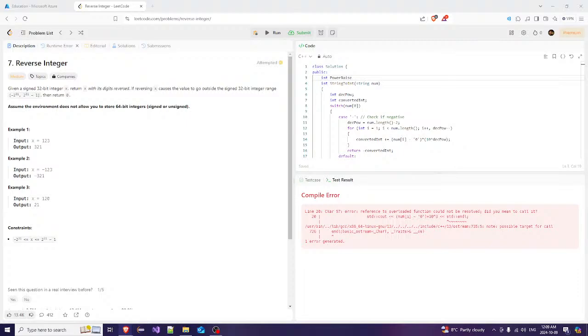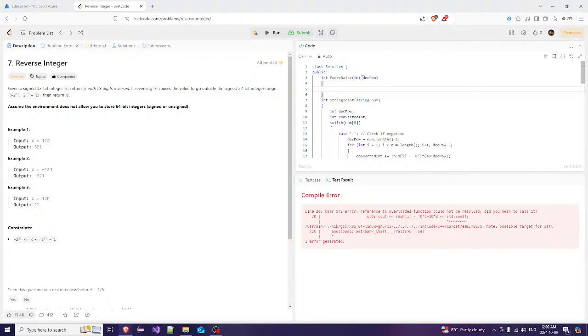So int power raise. Okay, let's call it that. So we're gonna have this, and it's gonna take into consideration a des power, obviously. Des power. I don't even know if that's the right term. I don't care. And then it's gonna do for int I is equal to 0, as long as I is less than, so 0, 1, 2. Yeah, okay. So as long as I is less than 0, then that's pow I plus plus, and basically all it's going to do is it's going to say